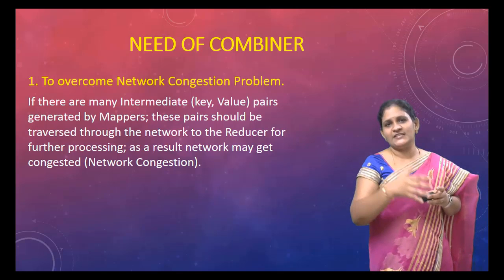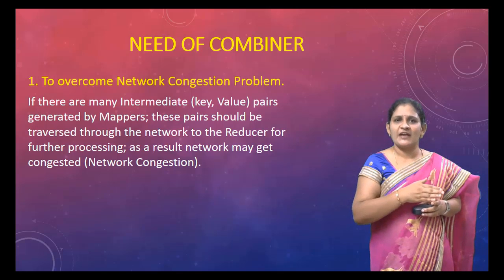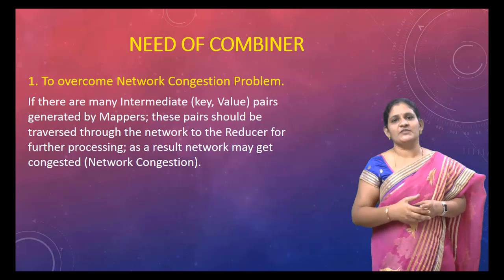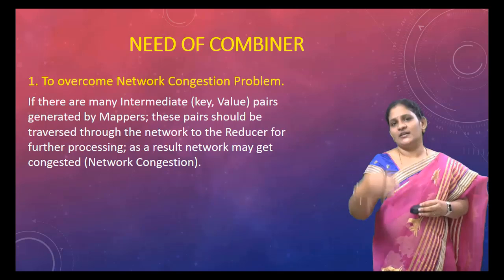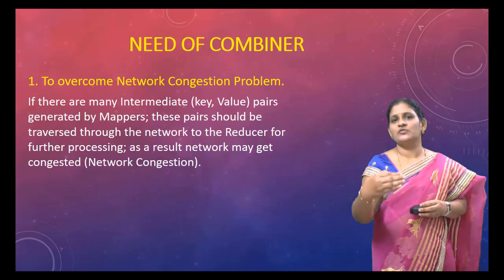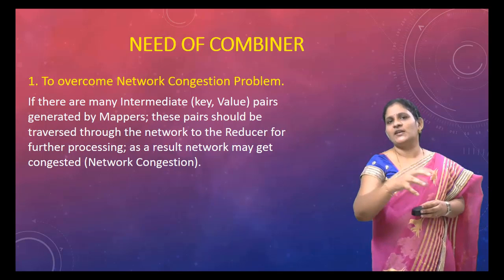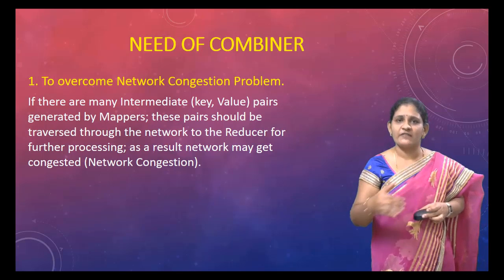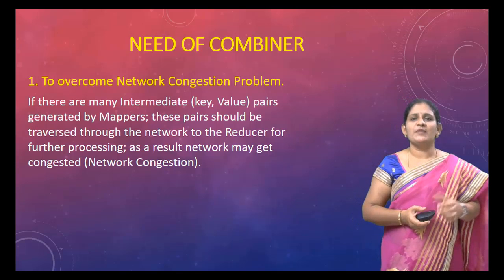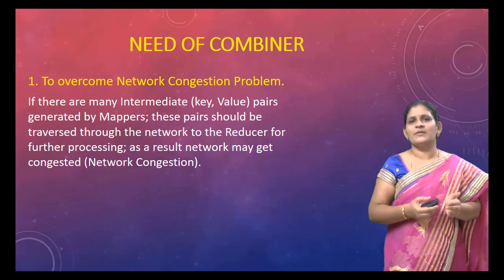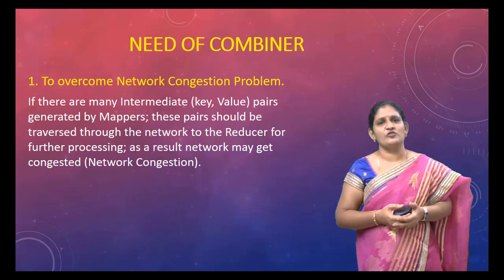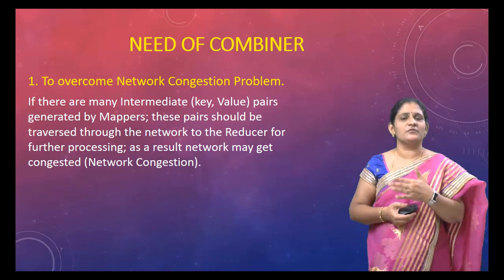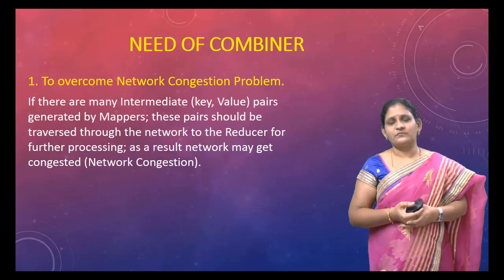So all these intermediate key value pairs need to be traversed through the network towards the reducer class. Wherever the reducer class is running, to that node, all the intermediate key value pairs need to be given to that reducer. So all these key value pairs are traversed through the network. Assume in some applications the mapper generates some millions of intermediate key value pairs. So in order to traverse those millions of key value pairs through the network towards the reducer class,